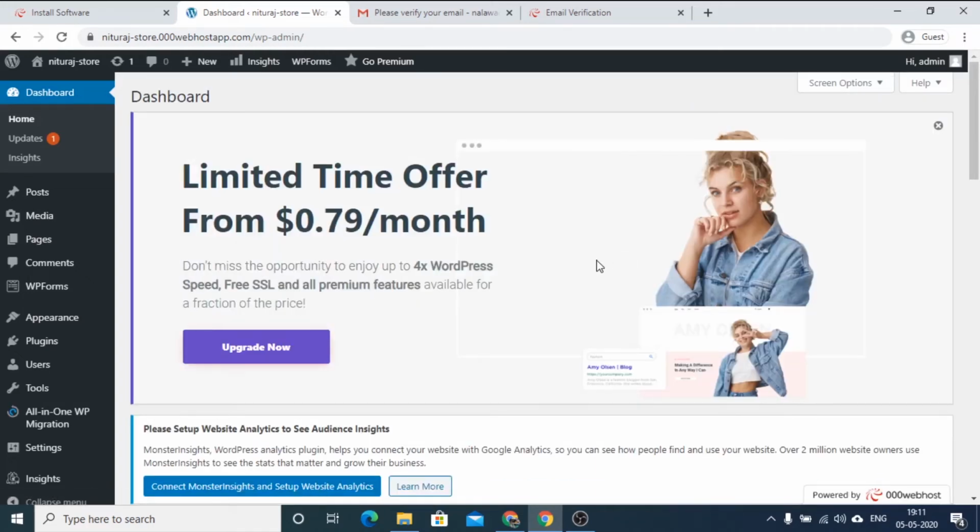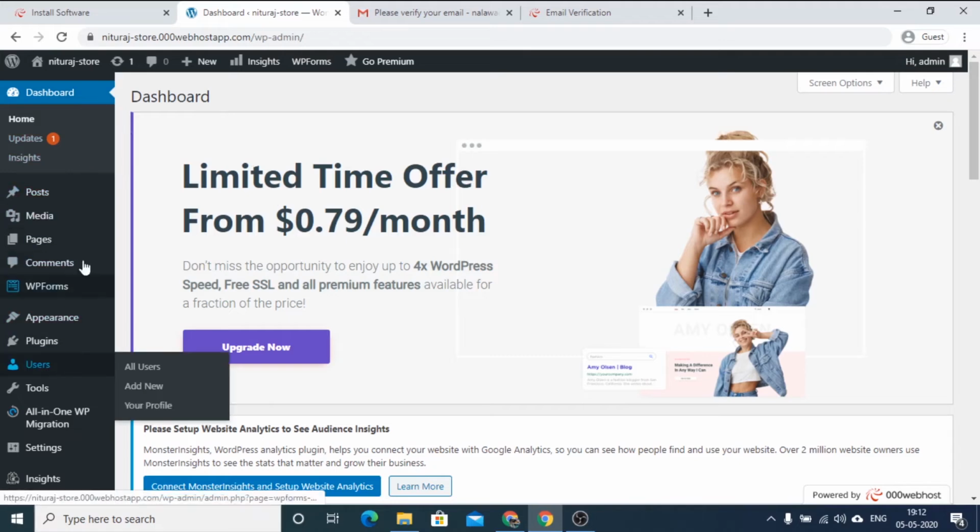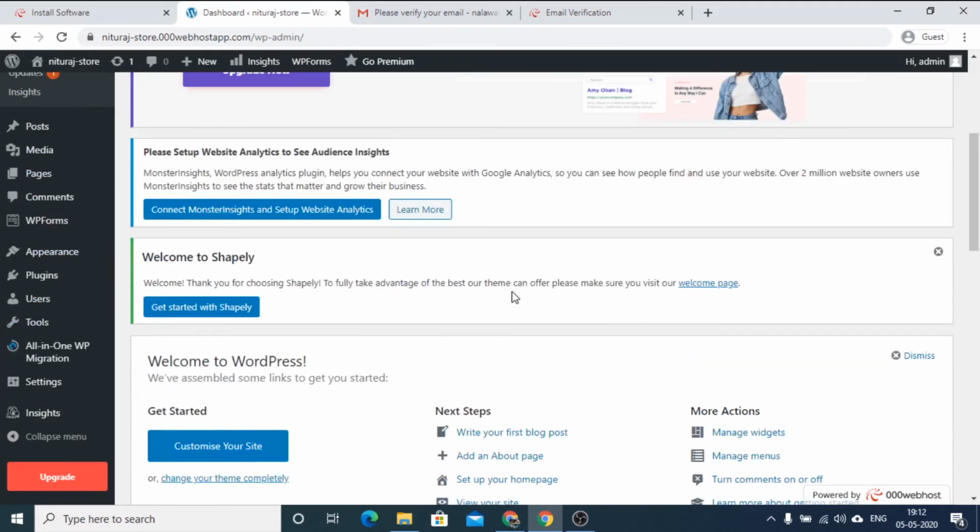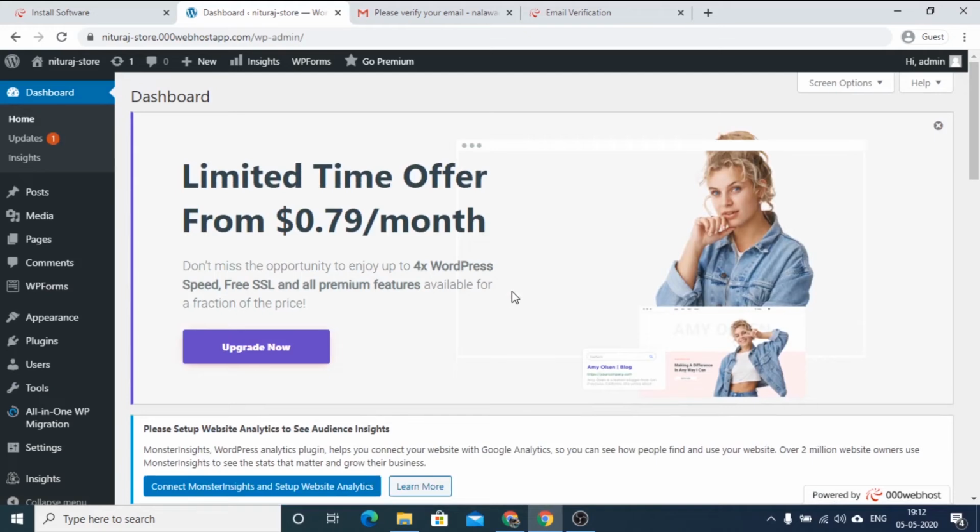So we have logged in to WordPress now. Here you can see this is a WordPress dashboard. You can set up your website from here.